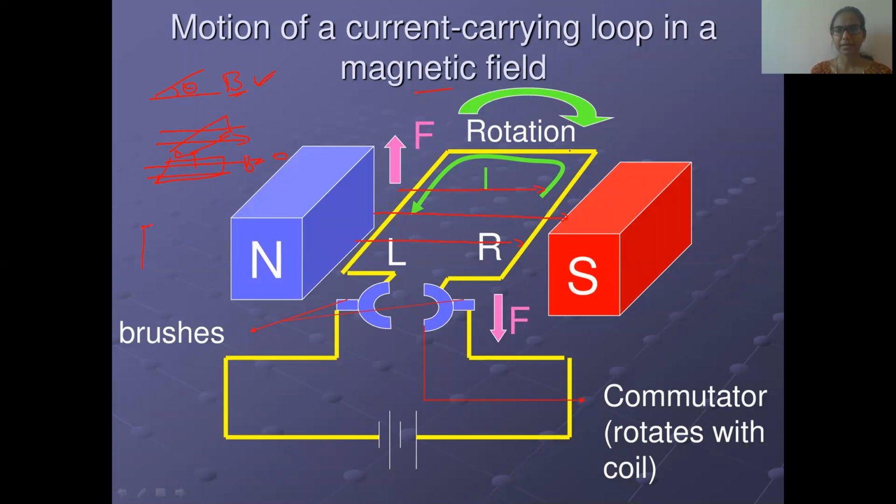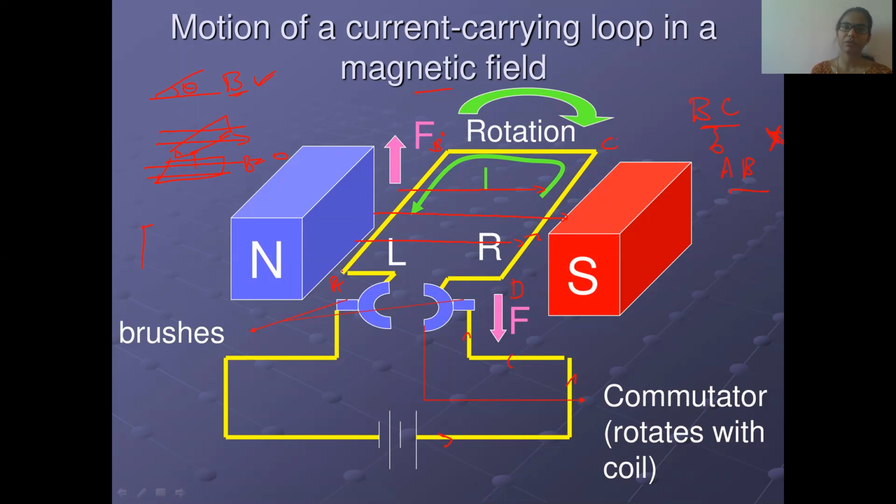Let us take the four ends A, B, C, D. Now when you pass the current, it passes through the brush, again through the coil. You can observe here that CD and AB are almost parallel to the magnetic field. Because they are parallel to the magnetic field, the forces on them cancel out. Right, children? The ends BC and AD, sorry, are not supporting the motion, they are going to cancel out.